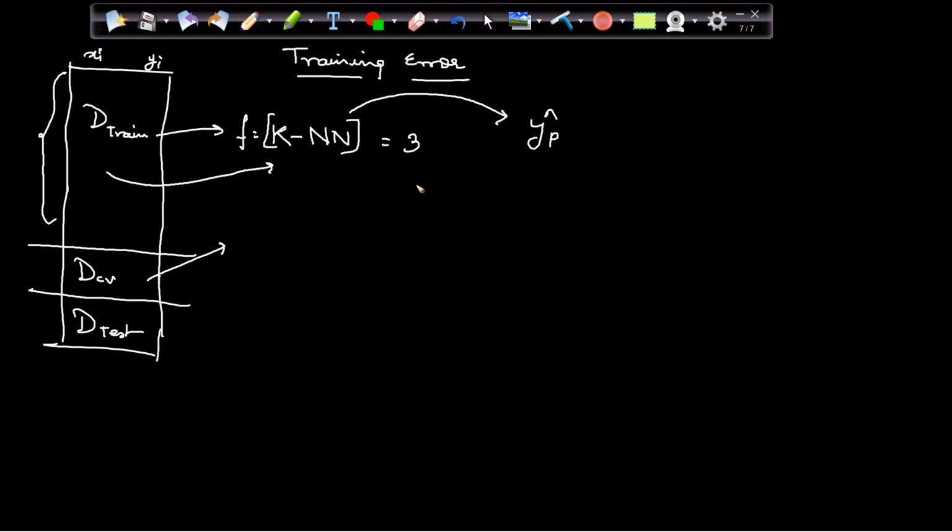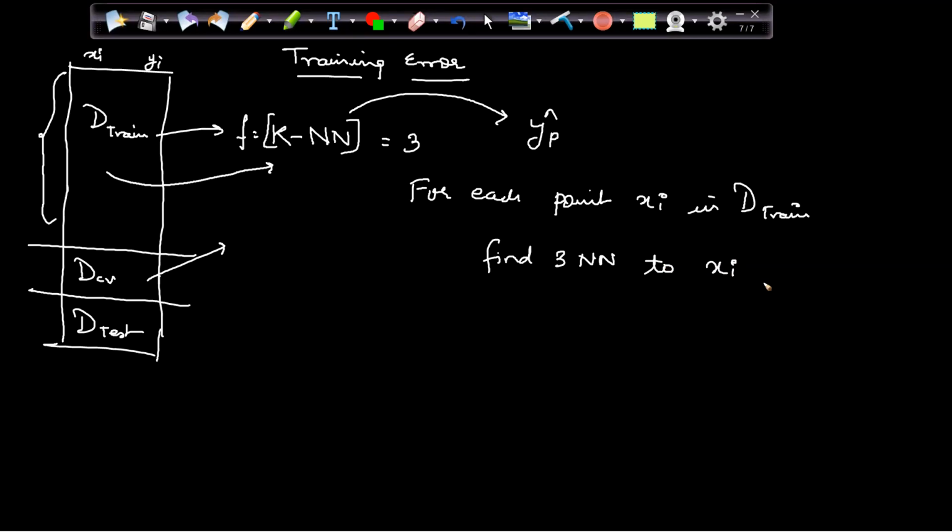Okay. So basically, for each point xi in D train, find three nearest neighbors to xi from D train only, right? So I'm getting the data from D train. I am passing it in the model which we have created.